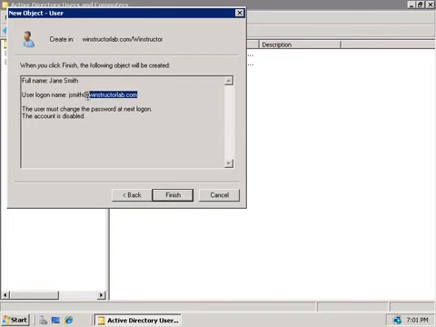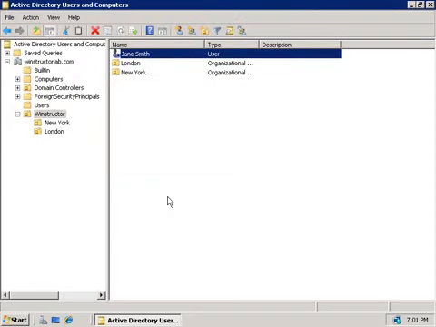Alright, well, we'll click Next, and we'll get a brief summary telling us that when we click Finish, Jane's going to have a new user account. She'll be able to log on using the UPN of jsmith@winstructorlab.com, and when she does first log on, she will need to change her password to something else. Of course, this account here will also be disabled, and an administrator will need to enable it first before Jane can use it. So we'll click Finish,